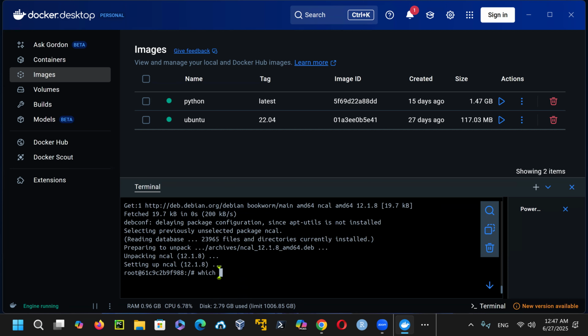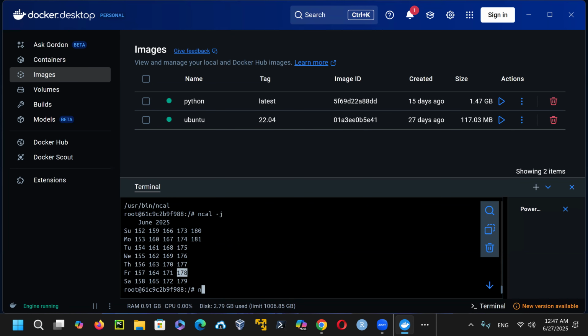And now if I say which ncal, so make sure your system is up to date. Now ncal -j will run the ncal command or cal command, which cal is there, cal 1970. So that's how you fix that problem, by just making sure your system is up to date, whether it's Debian or Ubuntu, you